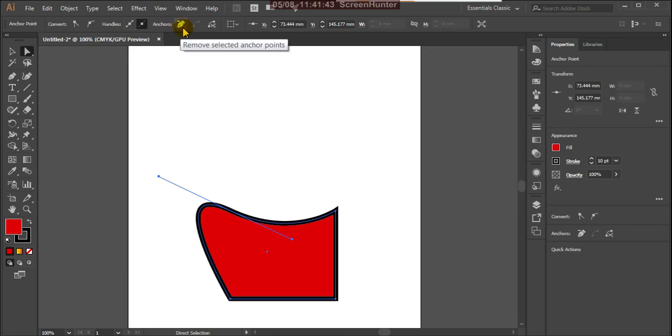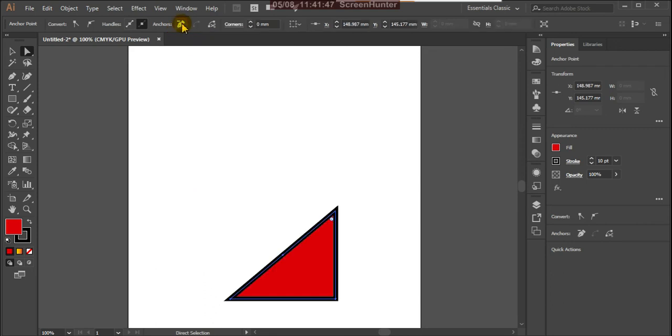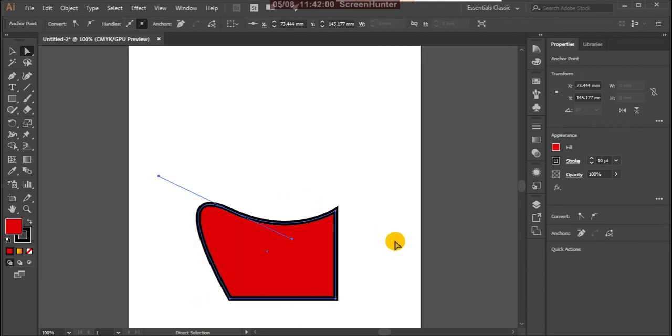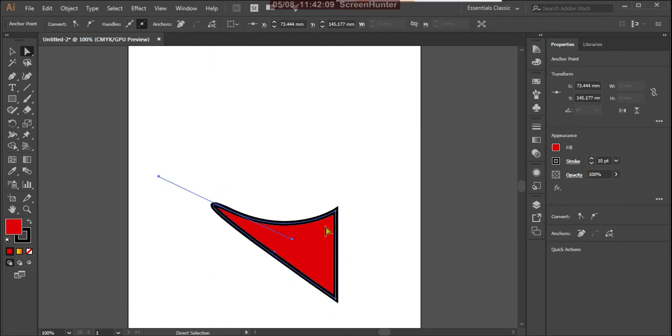Sometimes if you don't want a particular point, just click on that and you can remove it. Okay, we need at least 3 points to build a shape. Suppose now you can remove any point by pressing this minus, remove selected anchor point.